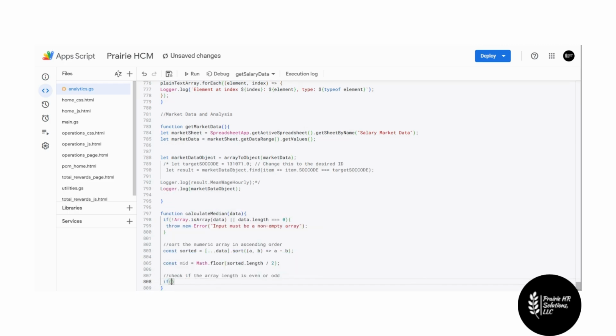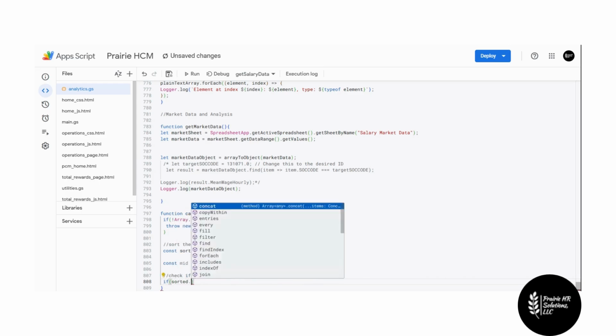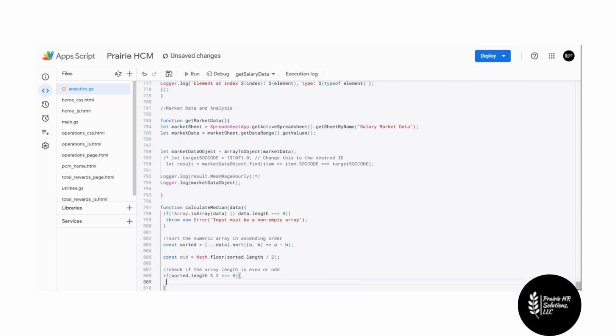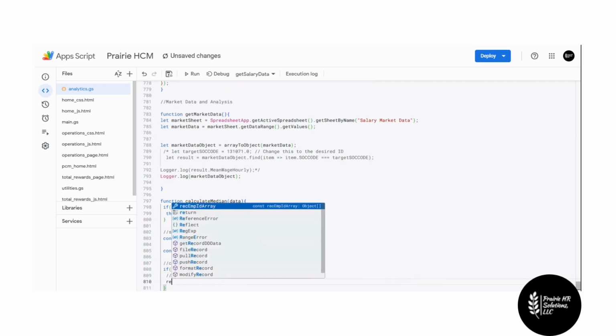So what we need to check is if the sorted length, finding the remainder after dividing it by 2, is equal to 0, which means there's no decimal place after that. It's an even number, it's flat. And if it does equal 0, then we want to return the average of those two middle numbers. So if even, there we go, we want to return